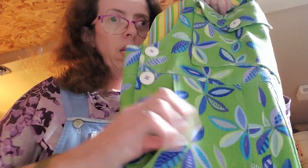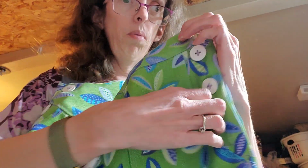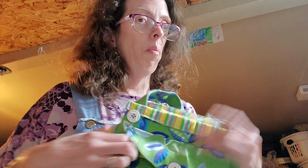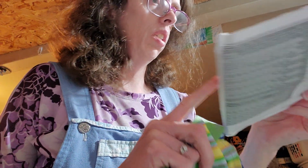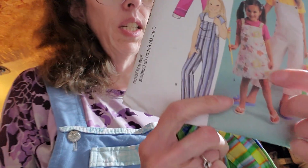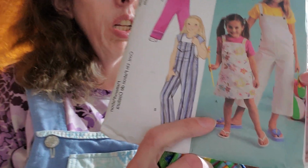And then I have added pockets, and on the inside of the pocket I've also used that same stripe piece, so I've got pockets on both sides. Now the pattern did not call for pockets around the waist. It does not have any pockets at all, but I know how to make it work. So I have added pockets,